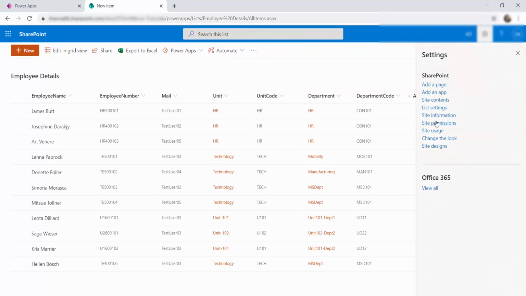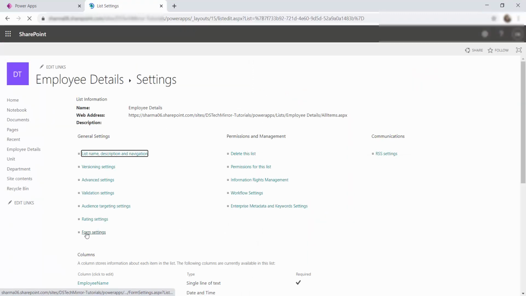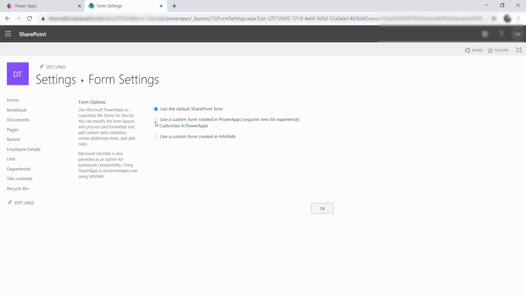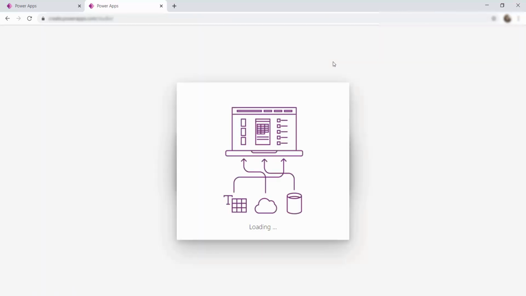And that we will be proceeding using list settings again and form settings, and then we have to use the second option. Right now these two options are disabled, and since we are going with the second option, you have this hyperlink over there asking you to customize in Power Apps. So click on that. That will open the Power Apps portal for you. Plus, it will do some connections in the backend. It will project your form and all the controls that it has inside it onto your Power App portal and present you as a template for you to customize it.